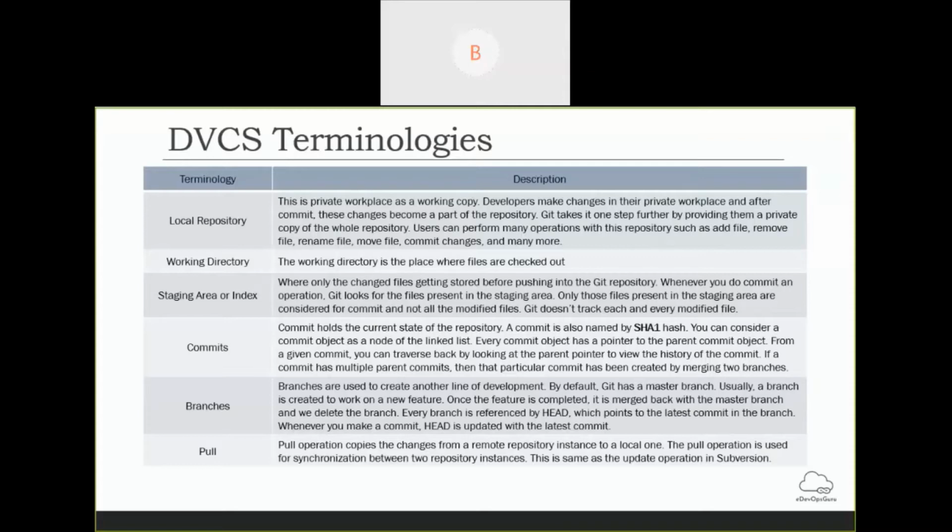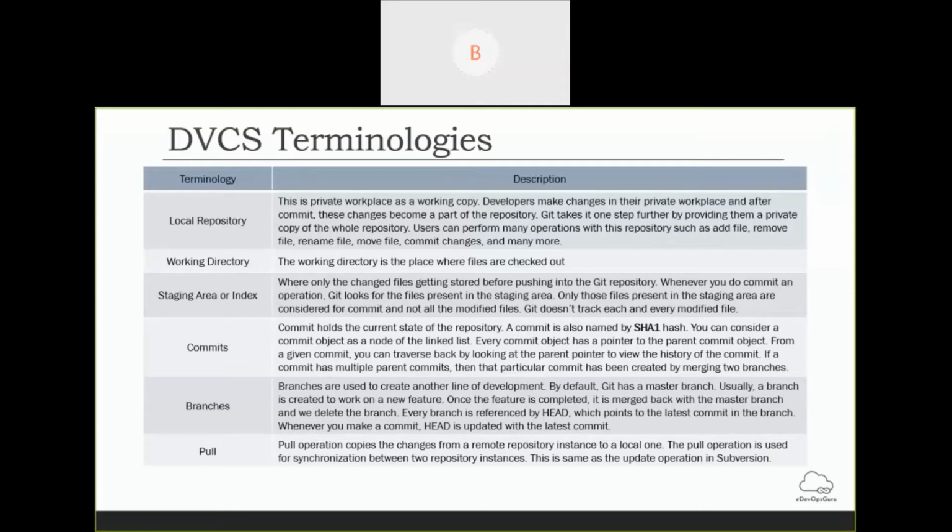Before that, we need to understand a few terminologies so that it is easy to understand how Git works. First is the local repository. It is nothing but the individual person making a replica of the central repository. So this is the private workflow of every developer. He can do whatever he wants with the files: new addition, modification, renaming of files.